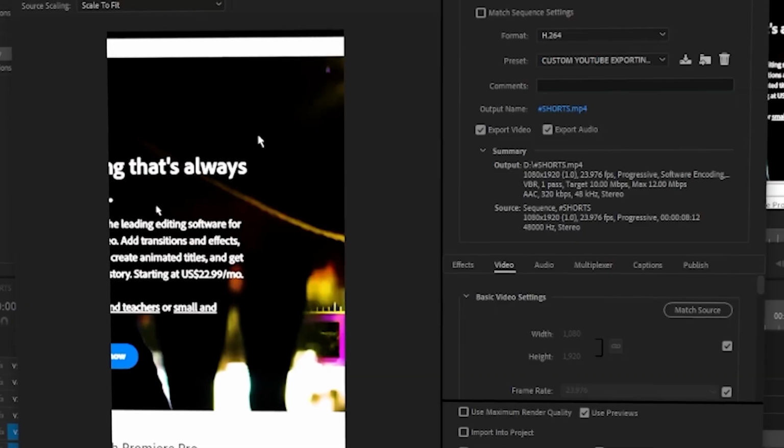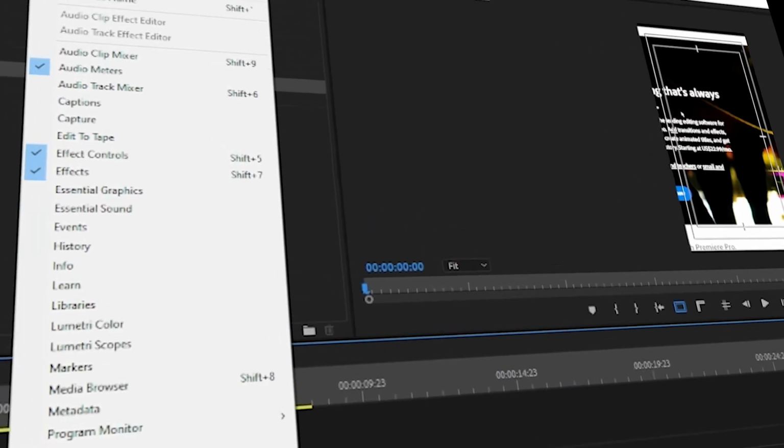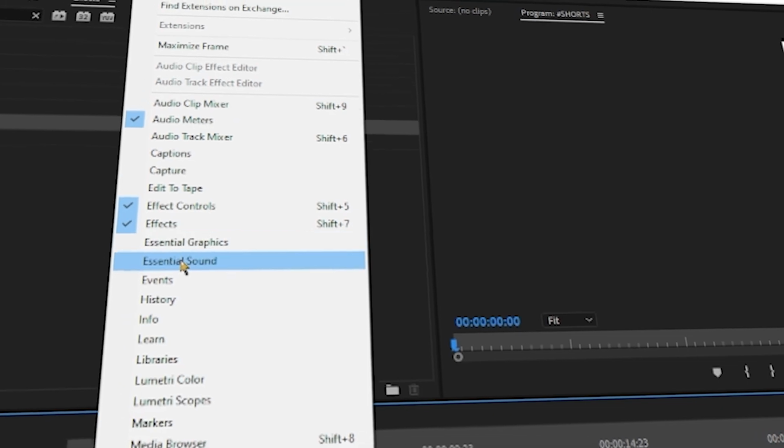This free tutorial will show you how to get the export panel in Adobe Premiere Pro CC video editing software